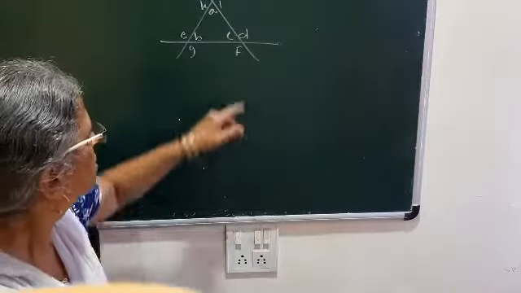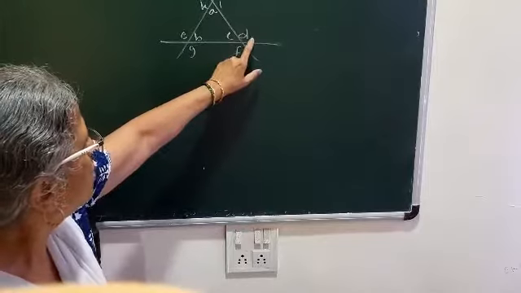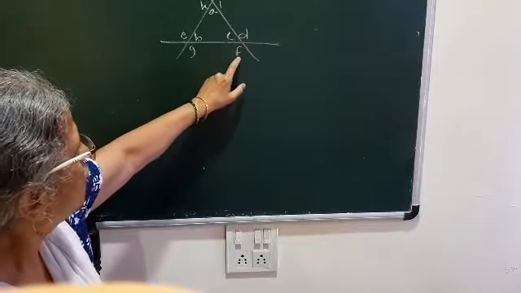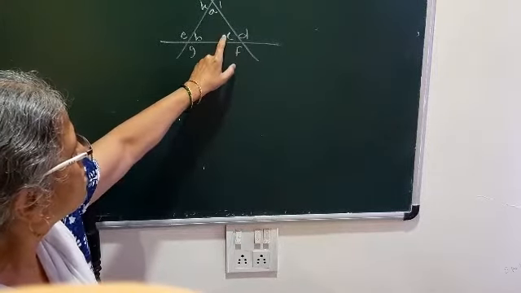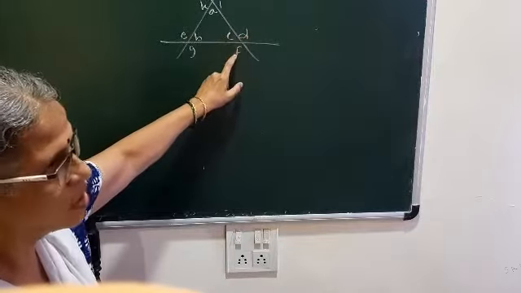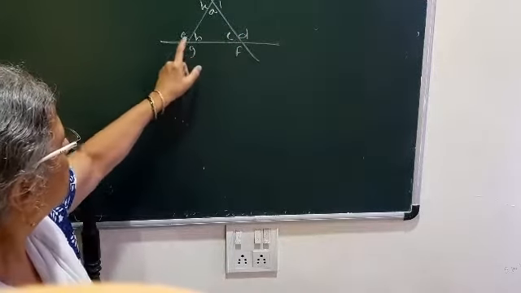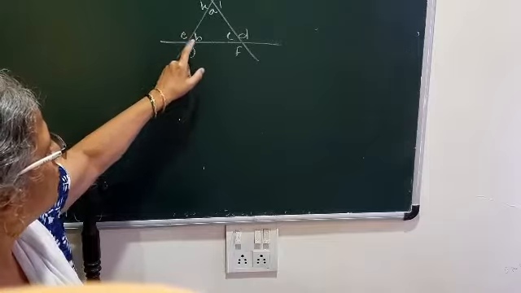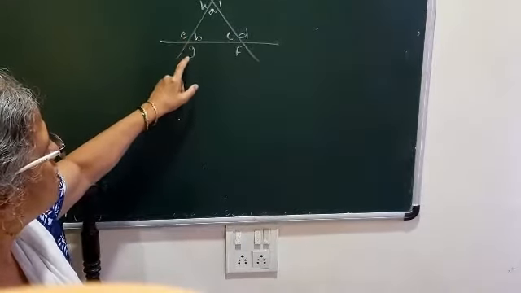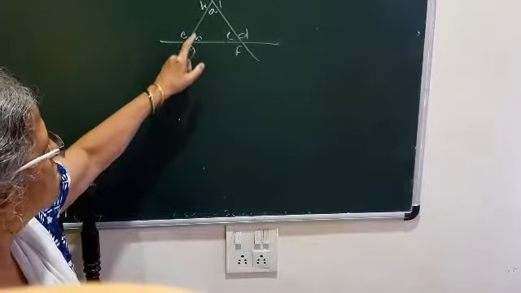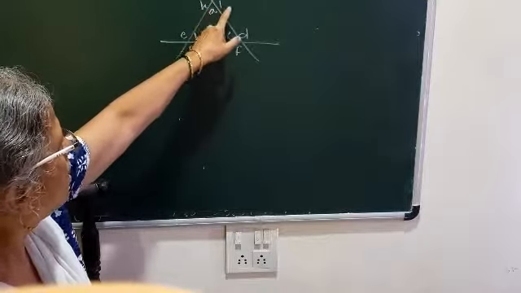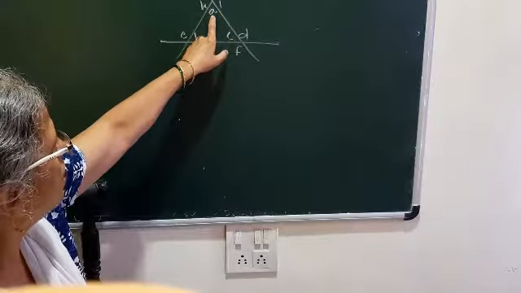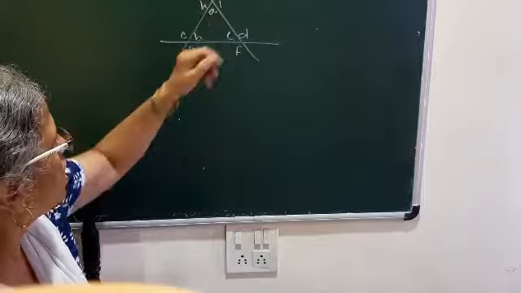So D is forming a linear pair with C, F is also forming a linear pair with C, therefore D and F are called exterior angles. Similarly, E and G are forming a linear pair with B, therefore E and G are also called exterior angles. And H and I are also forming a linear pair with A, and therefore H and I are also called